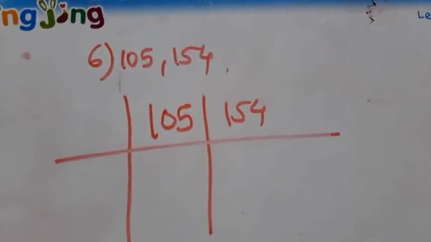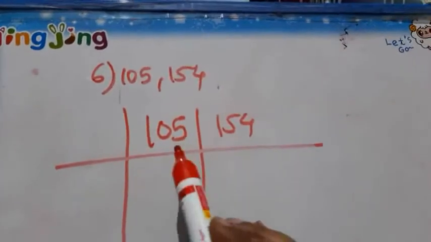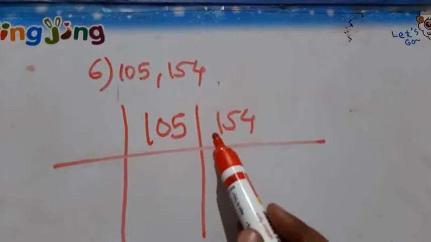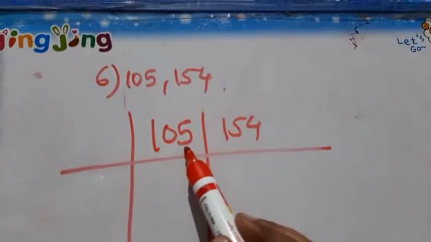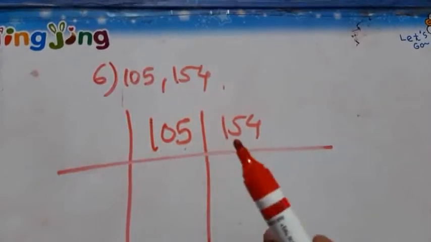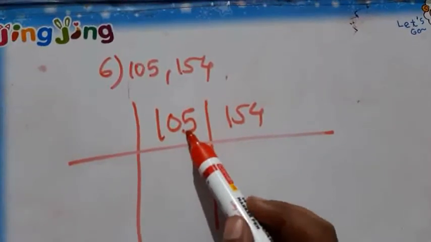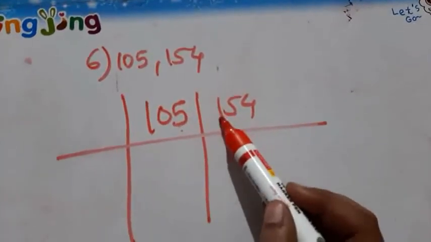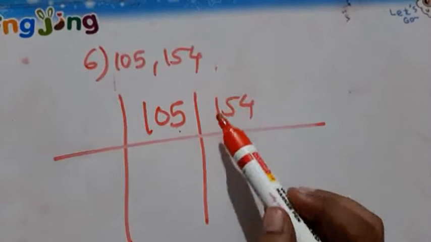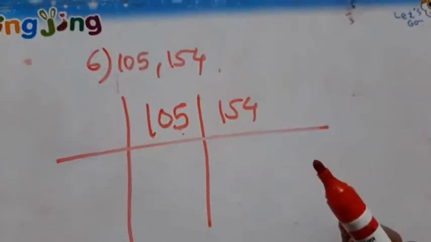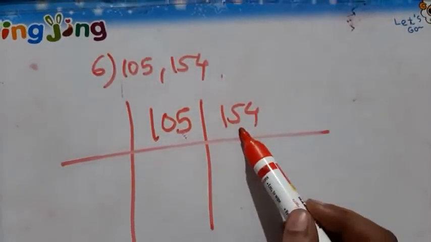Next question is 105 and 154. Write them simultaneously. Common factor for these two numbers we will check. Start with 2. Here is 5, so we can't take 2 as a common factor because this number is not divisible by 2. Check for 3. 5 plus 1, 6. This number is divisible by 3. Now this we will check. 1 plus 5, 6 plus 4, 10. So addition of digits is 10. So this number is not divisible by 3. 3 we can't take. Now move for 5. Here this number is divisible by 5, but this not.